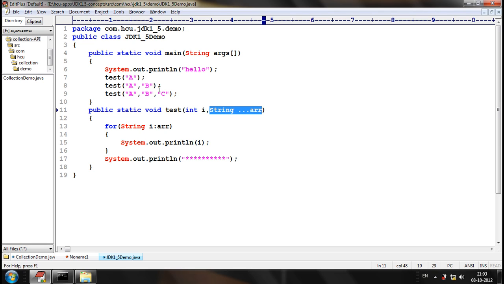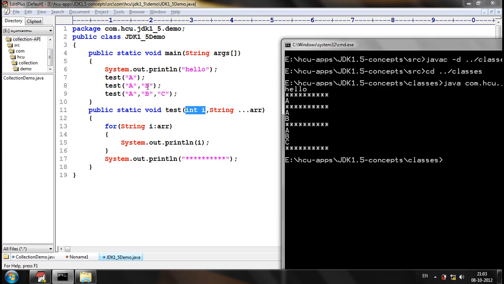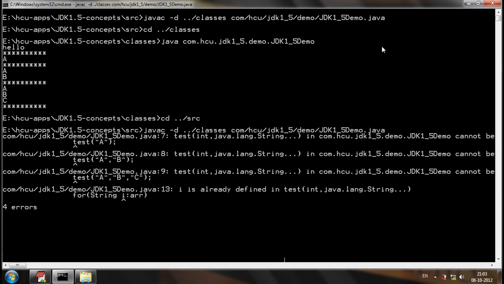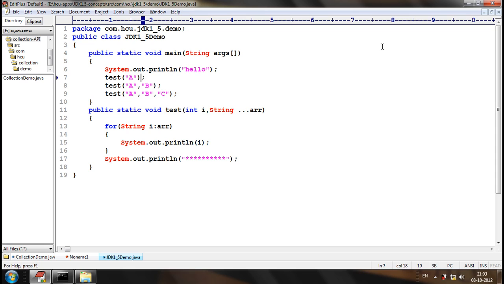Then why will it not compile? What the compiler expects is that the first argument should be integer. Once the first argument is integer, from the second argument onward there can be any number of strings. So this will not compile just because the first argument is not an integer. If the first argument is an integer, then from the second argument onwards any number of strings are allowed.